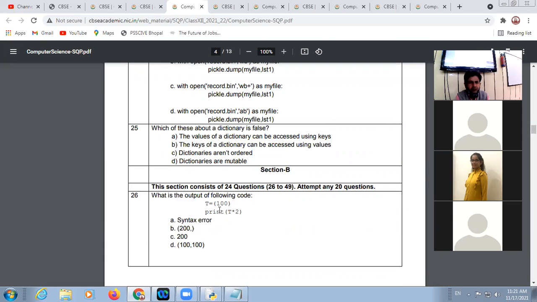There is one question: which of these statements regarding a dictionary is false? The values of a dictionary can be accessed using keys. The keys of a dictionary can be accessed using values. Dictionaries are not ordered. Dictionaries are mutable. Which one is the wrong one? Incorrect, false: B option. Yes, the keys of a dictionary can't be accessed with the help of values.